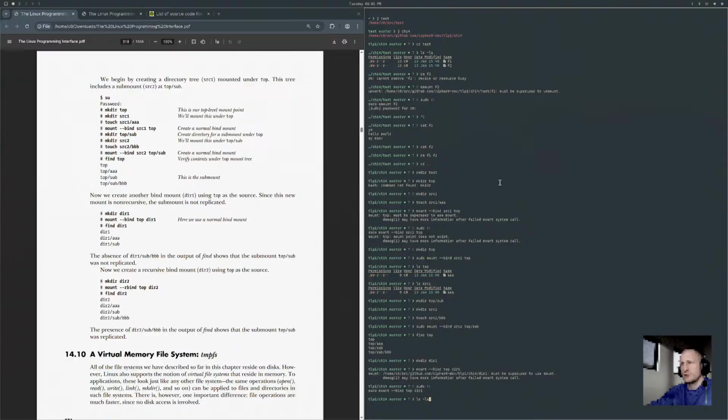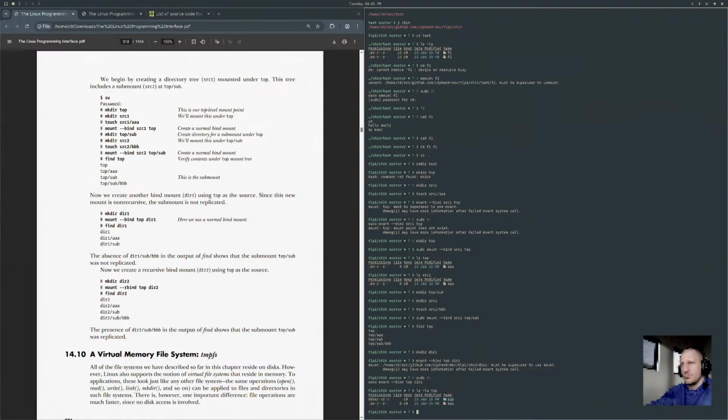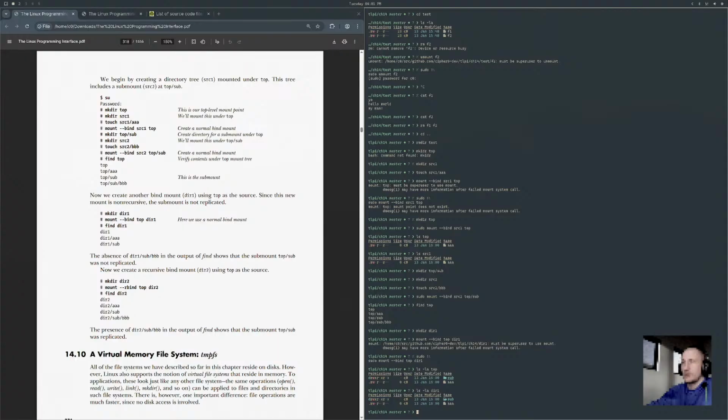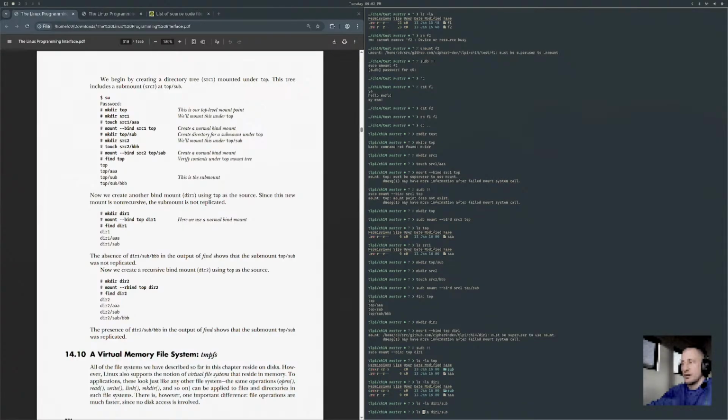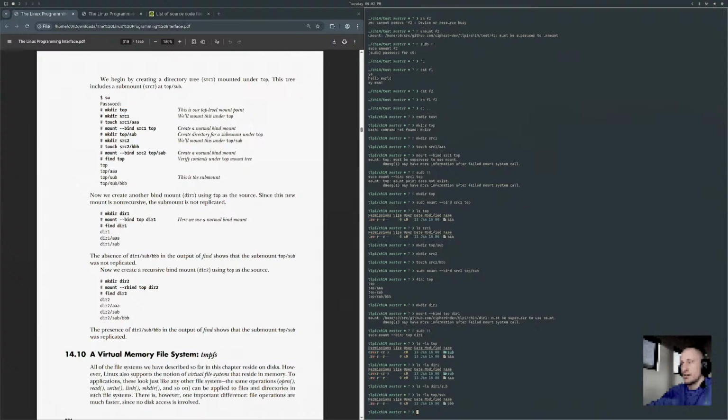I guess maybe the dir1 has AAA? No, because if we ls -la top, it might get the AAA. I think it will. Yeah. Oh, and it gets sub, but there's nothing in there, whereas top/sub has the BBB.